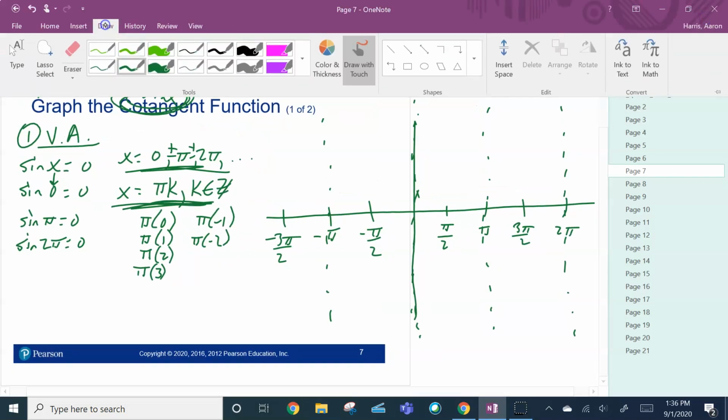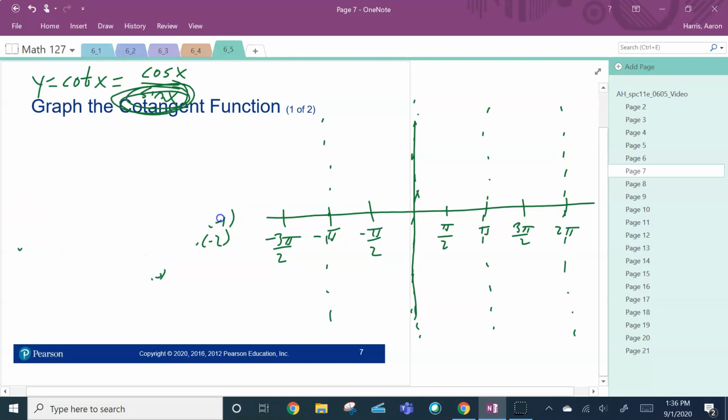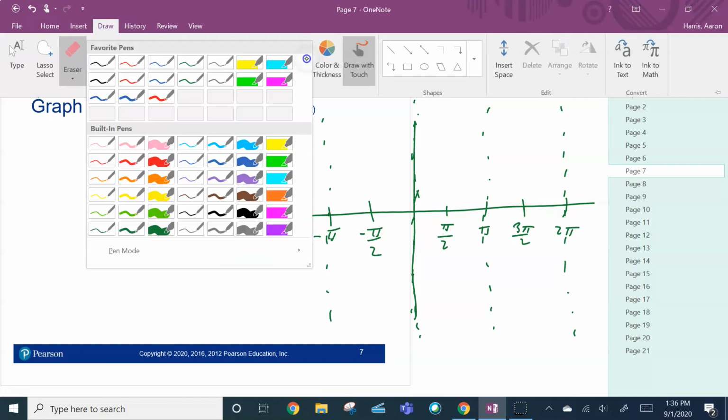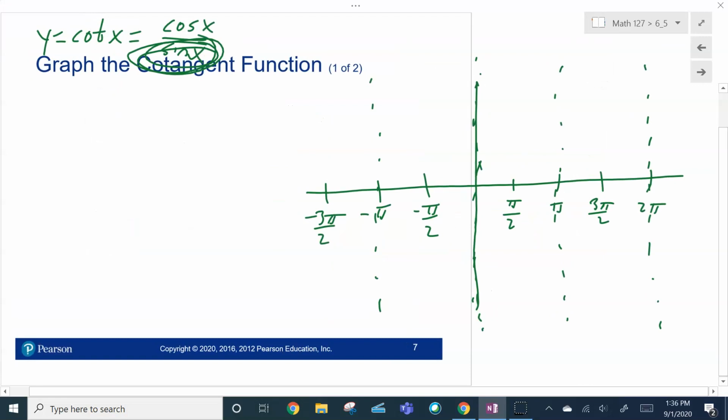Now we're going to plot some points here. Let me get rid of this so I can plot some points. All right, we'll start out with